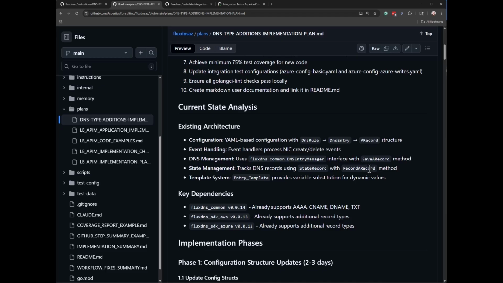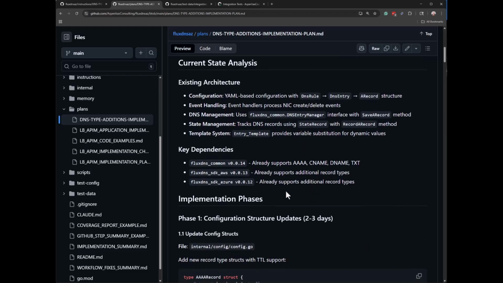state management. It keeps track of what DNS entries it creates so it can go wipe them out when resources are deleted. It realized that users have a template system where, when a VM gets created, they can use the name of the VM or different attributes of the resource that gets created in their rules. So it's planning to support that substitution. It's acknowledging the key internal dependencies that it has, and that those dependencies already support the 4 additional DNS